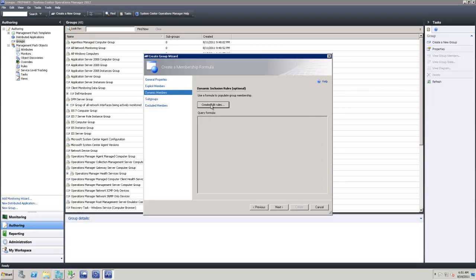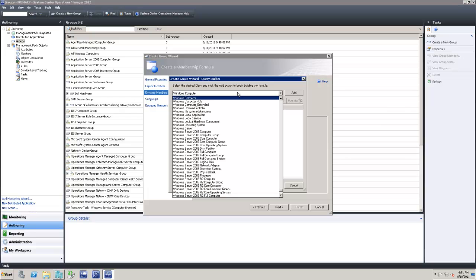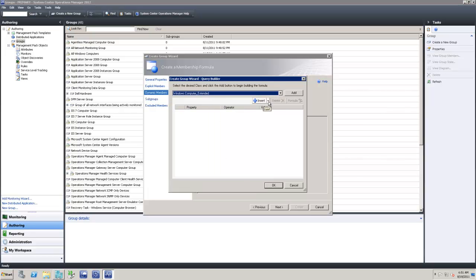I like to keep similar naming conventions for things. If I'm creating services, I'll put service dash, or processor, be process dash. Maybe we're looking for events, so event dash, and then what you'll find is as we add more